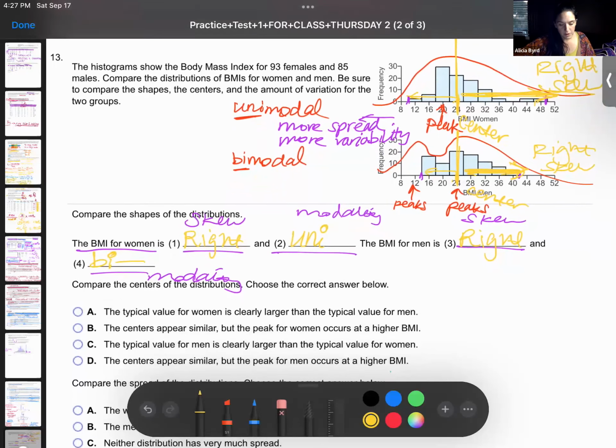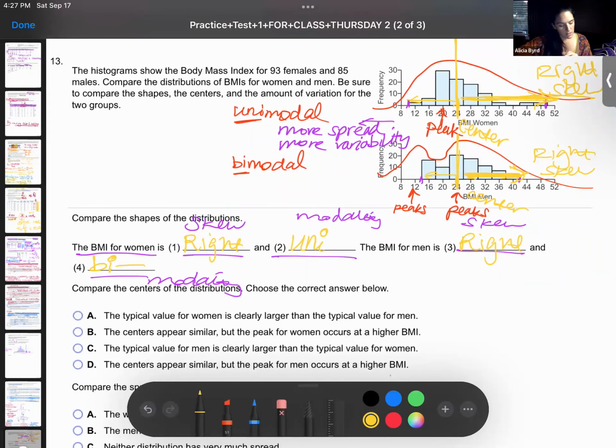Now let's talk about comparing the centers. So I think that the typical value is pretty much similar, but let's see what else we have. So typical value, I think it appears similar for these two. I'm going to get rid of this. And now we're just looking at this, but the peak for which one occurs at a higher BMI, the peak for men,